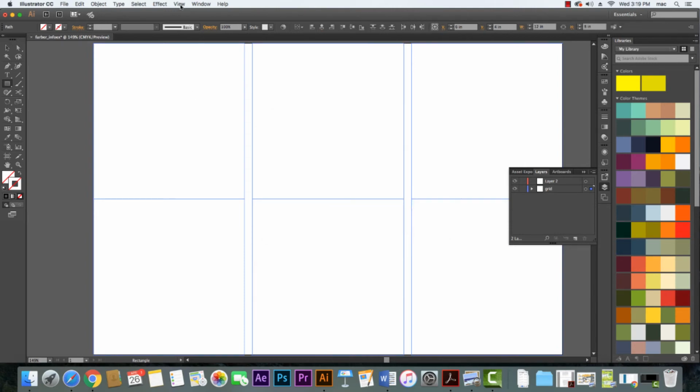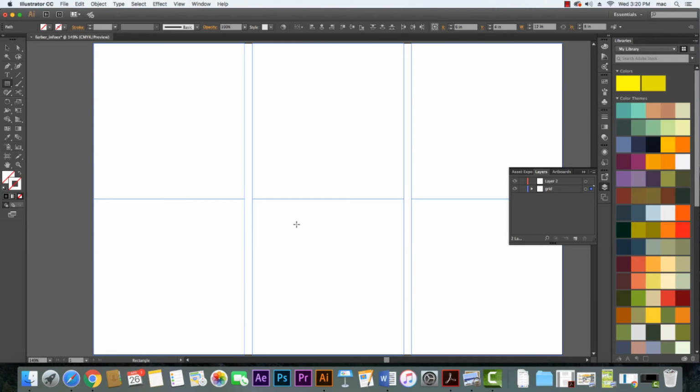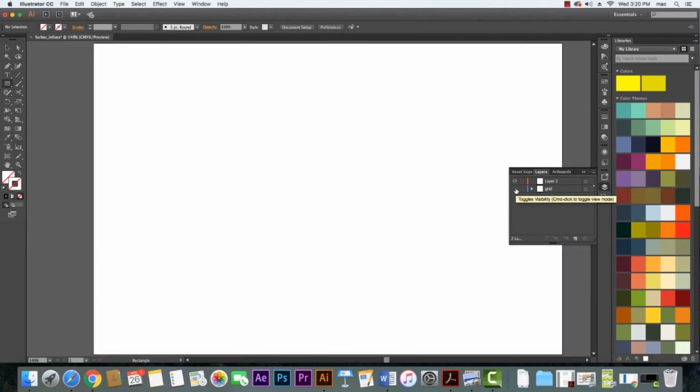Now in order to change this into guides, I need to go View, and then Guides, and then Make Guides. So to make these into guides, that's what I have to do. So I'm going to go View, Guides, Make Guides. And there we go. We have some guides set up. Now it should only be on layer 1 for our grid,